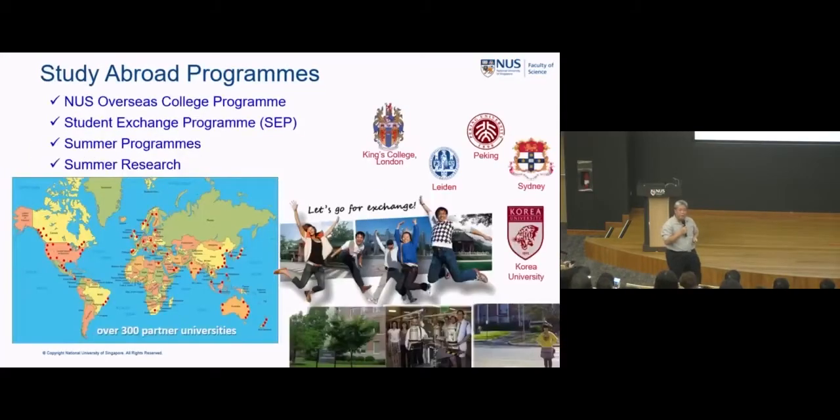Now, beyond these structured programs, I want to show you we have 300 partner universities across the world. 300. Every year, every cohort, by the way, I'll be sending about 300 to 400 of you overseas. Yeah? 300 to 400 of you will get to go for study abroad for a whole semester. 300 different places. Now, listen very carefully. I'm going to tell you a secret.